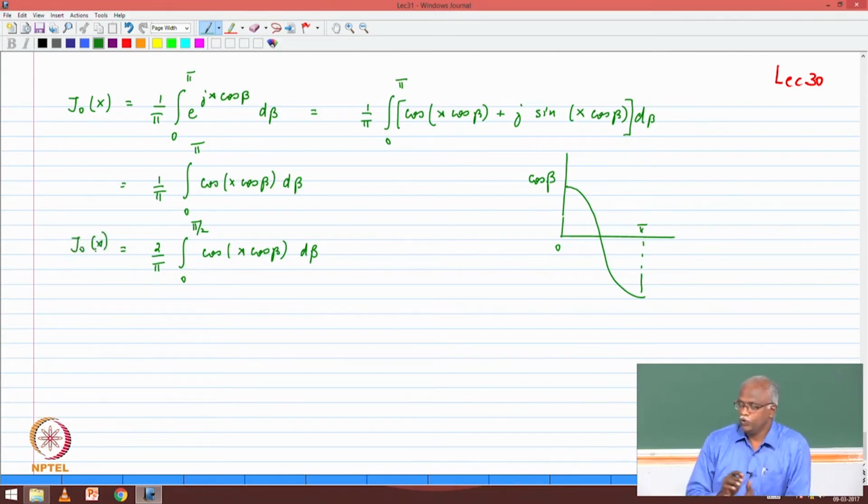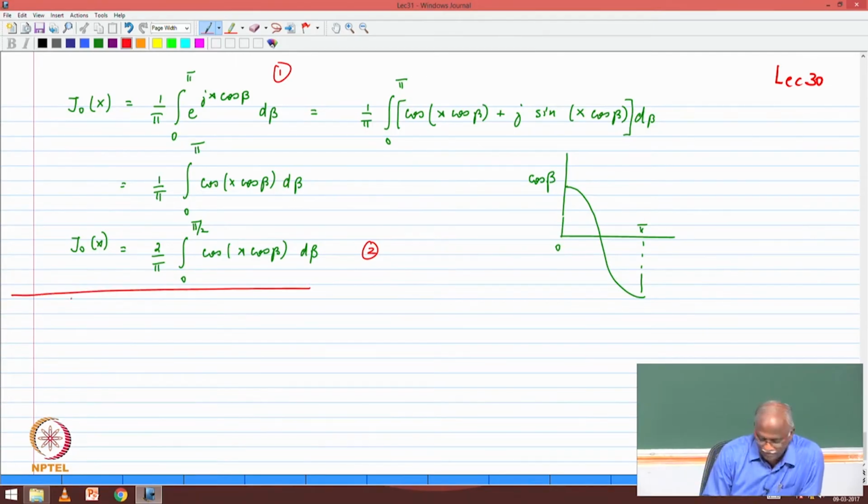So again, you can more or less take this as a standard result. Some textbooks may actually give it to you in this form, but the more general form is the one given in equation 1. A couple of steps of simplification brings it to equation 2, and this is the form that we are interested in. Now, from your